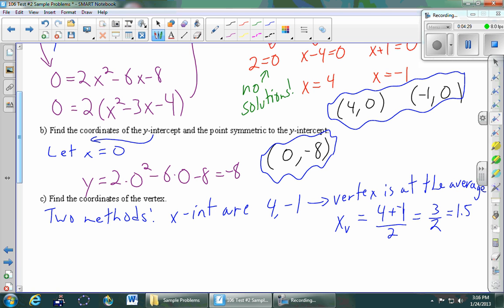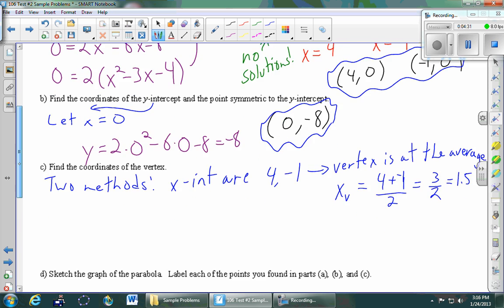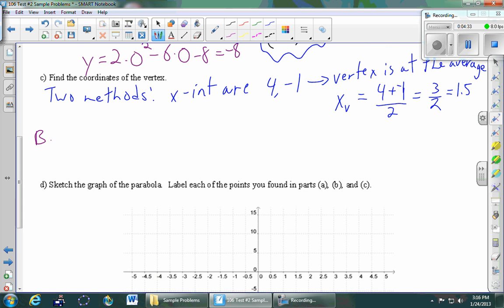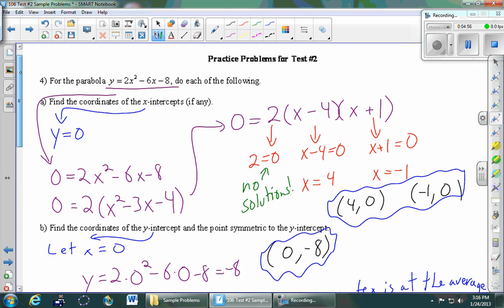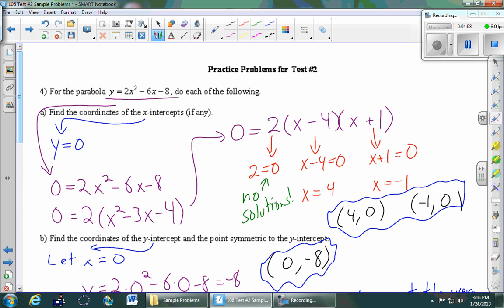Let's go to method number 2, which maybe is a little bit better because it doesn't rely on knowing anything about the x-intercepts. So better is to use a little formula that gives you the x-coordinate of the vertex, and that formula is negative b over 2a. That's just a small part of the bigger quadratic formula. So let's go ahead and start plugging in the a, b, and c from our original equation. So coming way back up here,